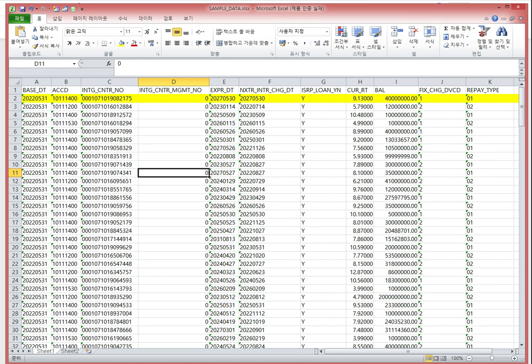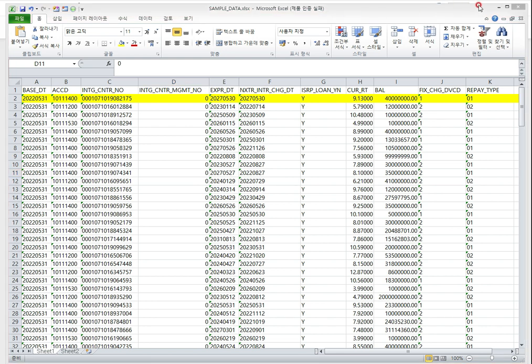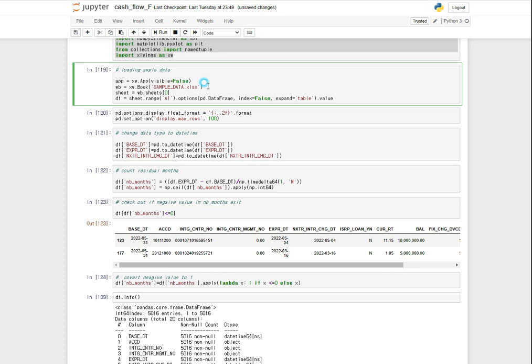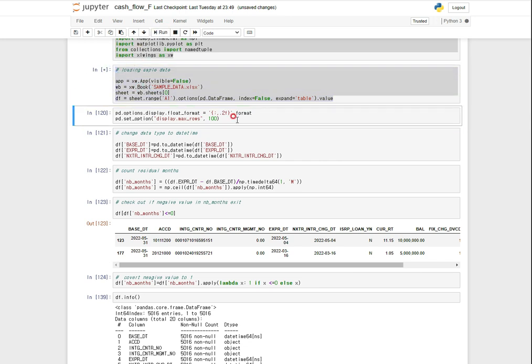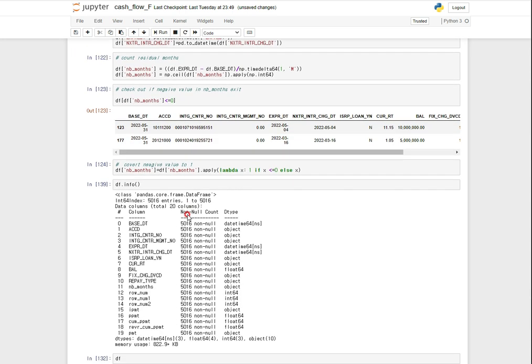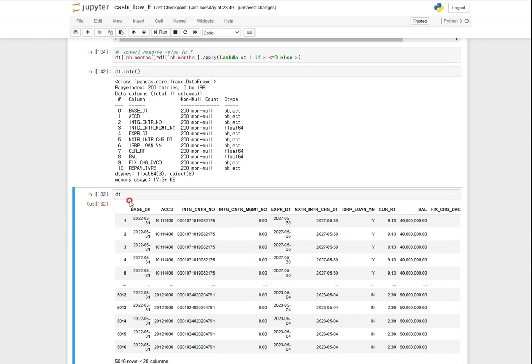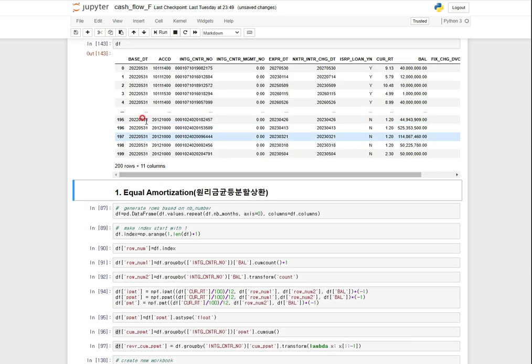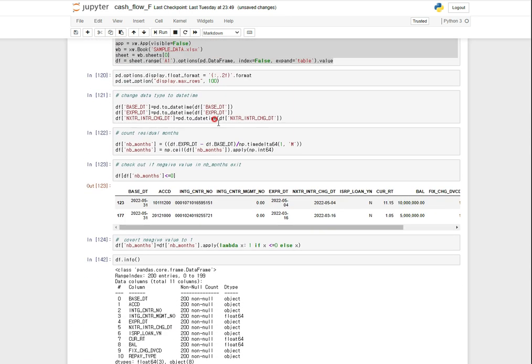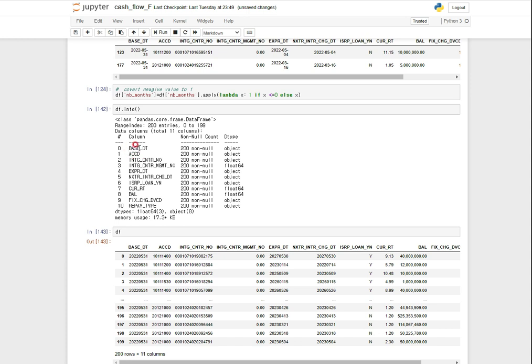Here, this is the Excel sample data. So this is using xlwings to load the sample data. Okay, let me see the data here. So you can see the data like this. Okay, so as you can see, base DT